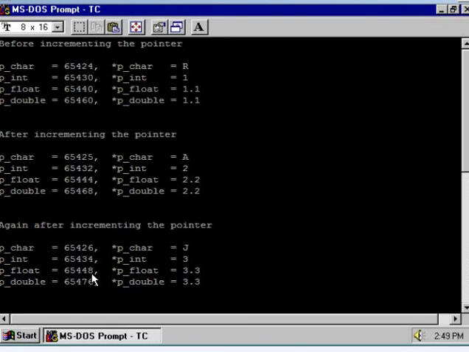Now, because of the peculiar property of pointer arithmetic, we can access the elements of an array efficiently. I mean, if you use the index method, then it's a slower method. But if you use a pointer to an array, and you access the element through the pointer, then your process is very fast. Is it clear? Thank you.